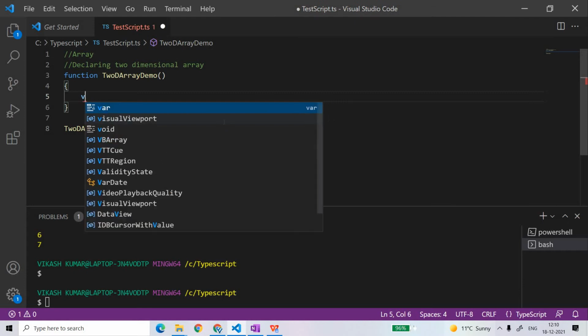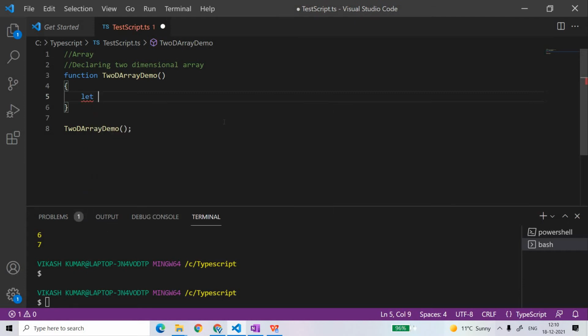So let me just show you how you can declare it. Either use let or var, whatever you want based on your need. Just write the name of the array, and if you have to declare a two-dimensional array, then you need to write it like this. If you have to write a three-dimensional array, it will be like this, but we are going to declare two-dimensional arrays. Now here you need to provide the values 1 3, 2, okay, 4 5, something like this,